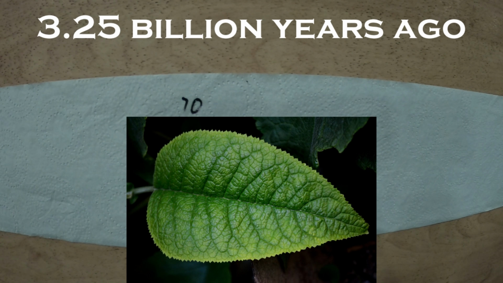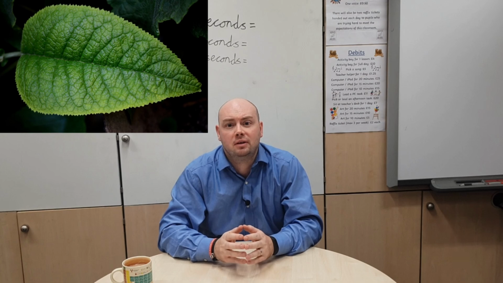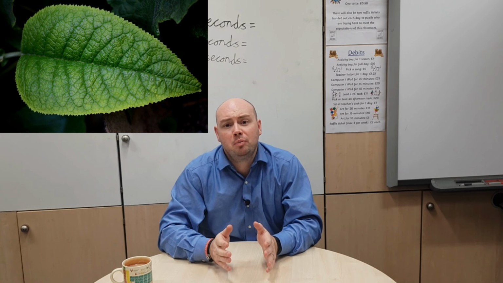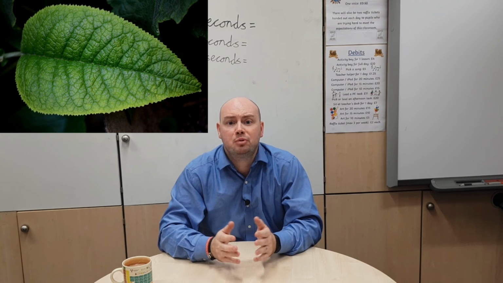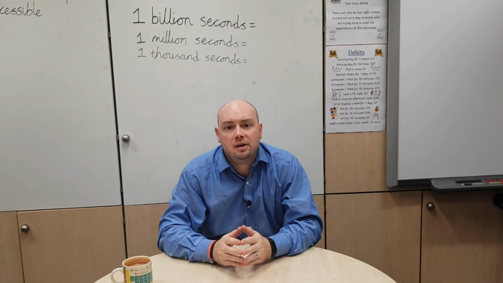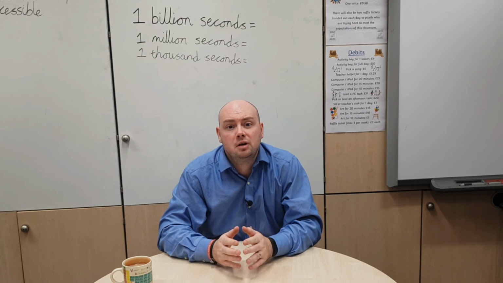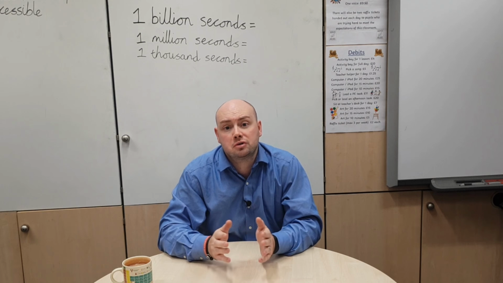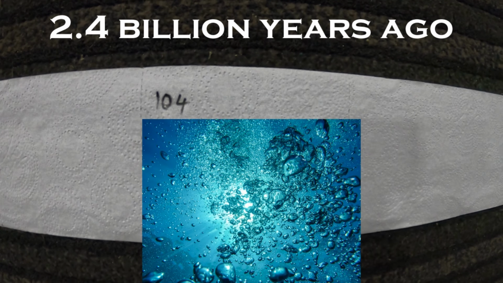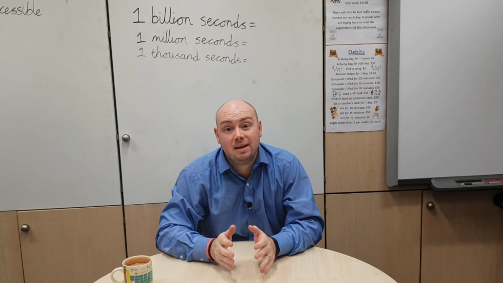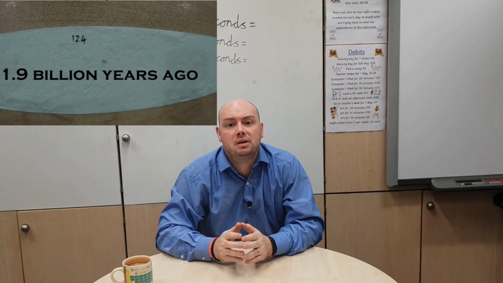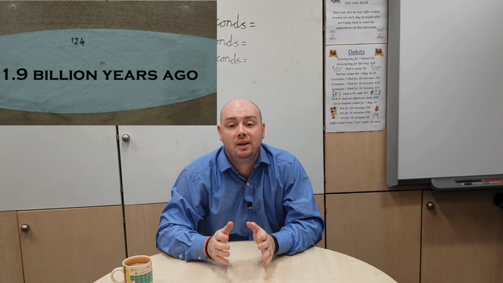This is when photosynthesis started to take place on the Earth. Photosynthesis is a chemical process by which plants take in water, light and carbon dioxide, and they produce oxygen. As a result of photosynthesis taking place, 2.4 billion years ago, which is on square 104, is where the ocean started to get a large amount of oxygen being collected in it, and this then paved the way for future life. 1.9 billion years ago, which is square 124, is when the first cells with nuclei started to appear in